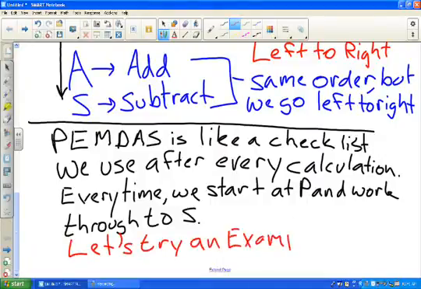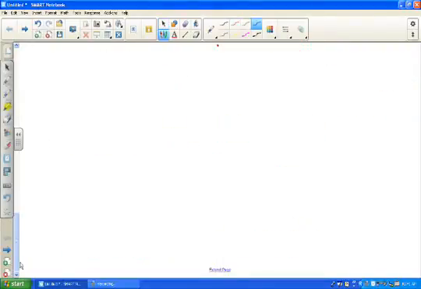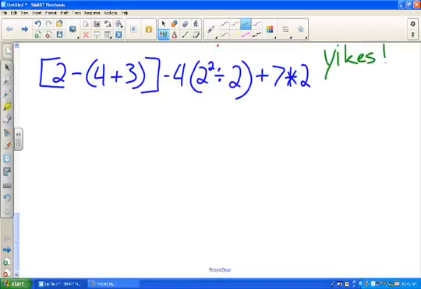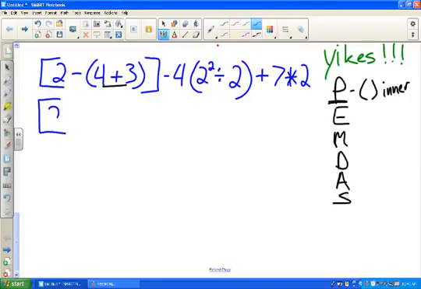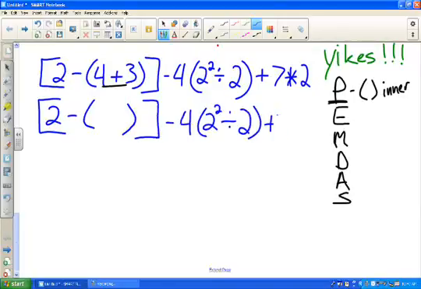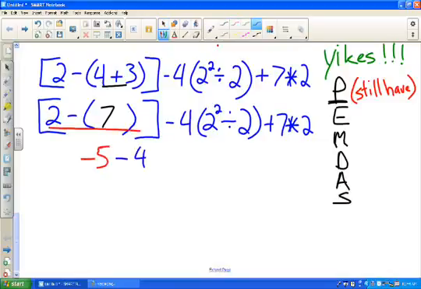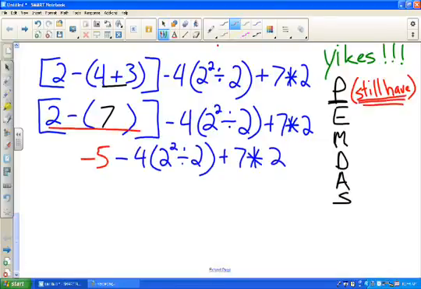So let's do an example and see how it works. If I take this long calculation, it's very clear that we might make a mistake. So we're going to use please excuse my dear Aunt Sally. P stands for parentheses, so we're going to do the innermost parentheses first. 4 plus 3 is 7, but we still have parentheses, so we work those parentheses and narrow them down to